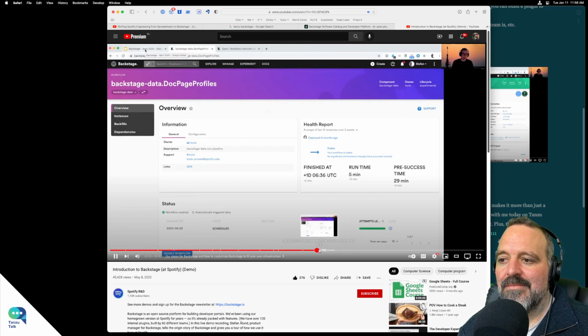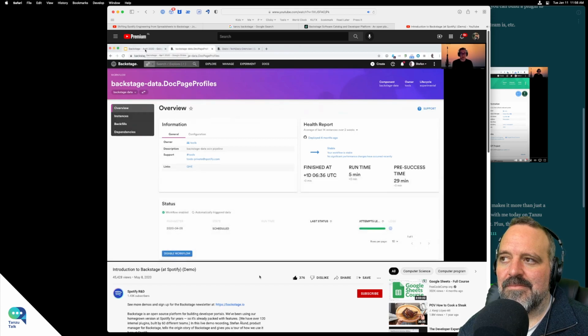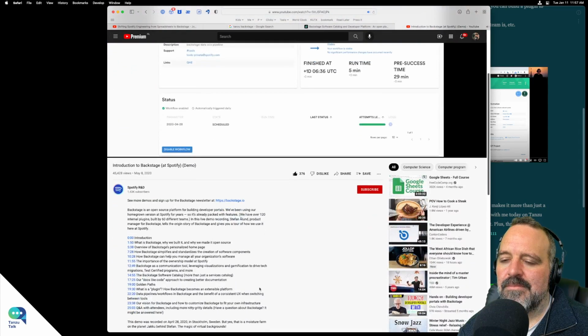Coming back to the goal of the open source project, we're hoping that, in a similar way that we have enabled this inside Spotify, for all the different open source projects out there, if people are using Jenkins, there's a Jenkins plugin for that. If people are using Grafana, there's a Grafana plugin for that. If people are using Circle CI, there's a plugin for that.